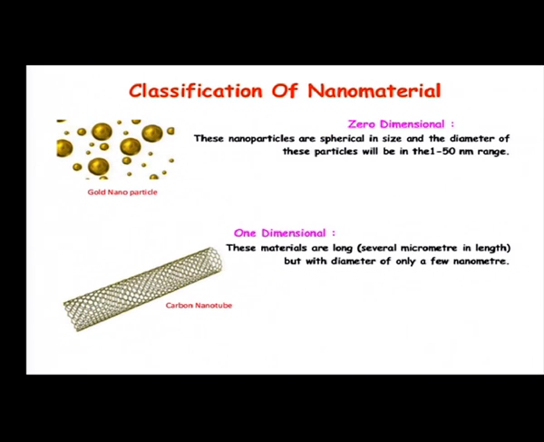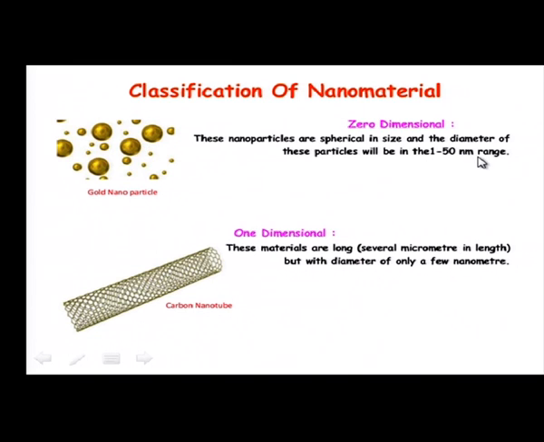That is, we are speaking with respect to nanoparticles alone. Therefore, if the nanoparticles are spherical in shape, as shown in the diagram, the example of a spherical nanoparticle is the gold nanoparticle. The classical example for a 0 dimensional nanoparticle is a gold nanoparticle, and these nanoparticles are spherical in shape, and the diameter of these particles will be in the range of 1 to